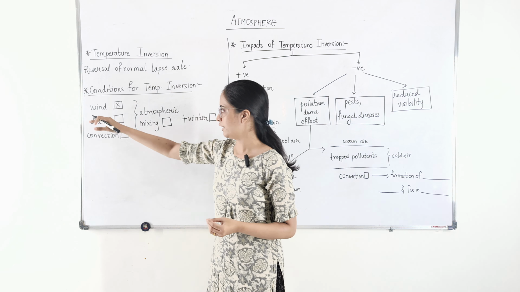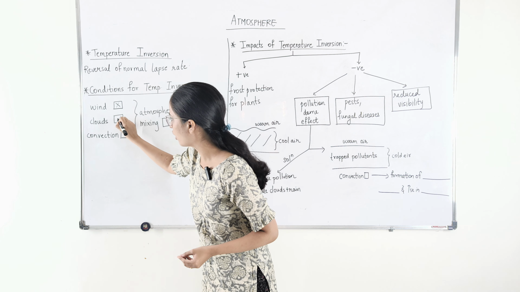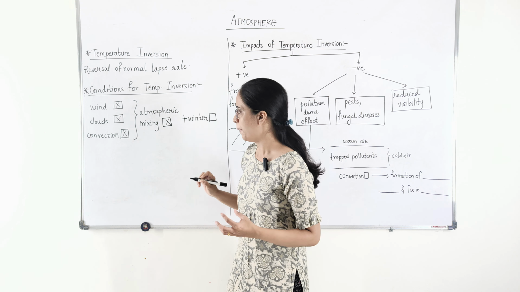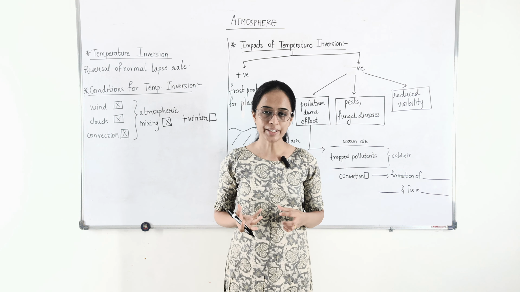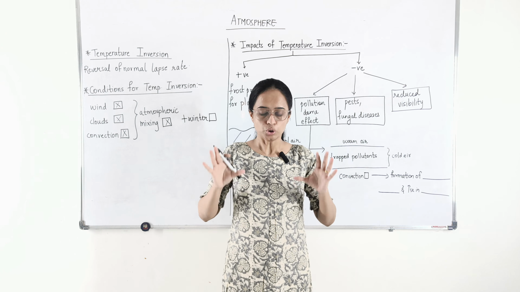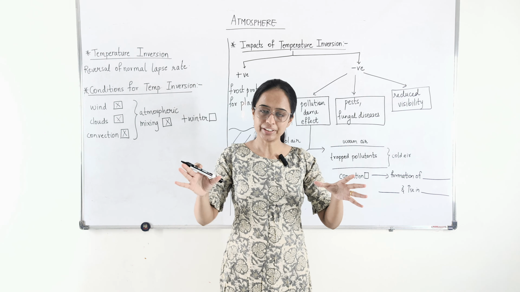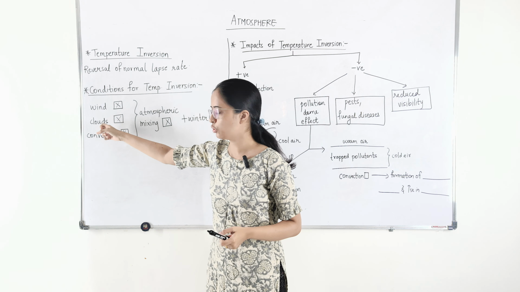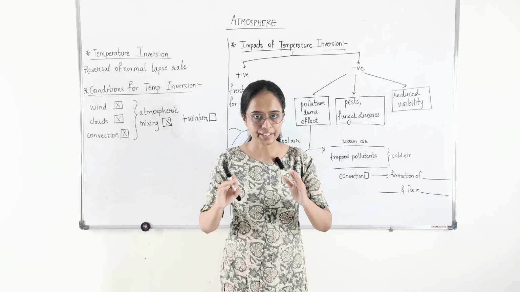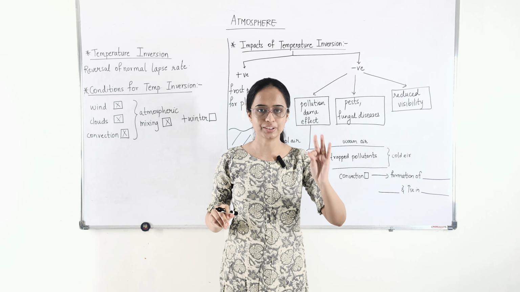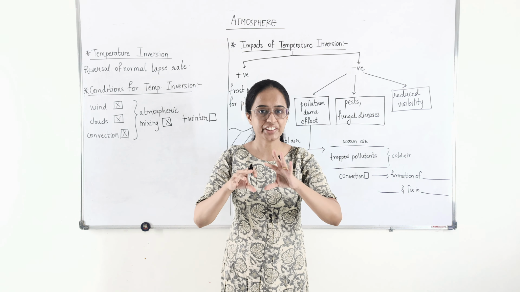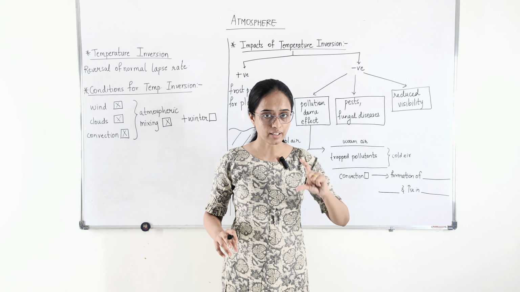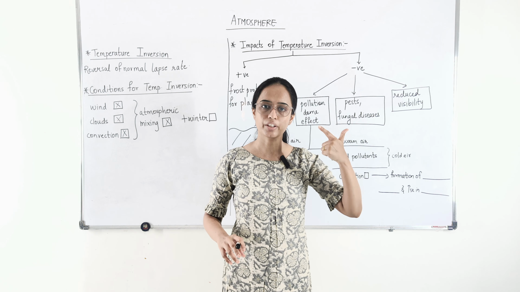Why is that so? See, when there is no wind, no clouds, and no convection, that would lead to no atmospheric mixing. If there is no atmospheric mixing, then basically wherever the air mass is, that air mass is going to stay there itself. For example, when I say there is no wind and no clouds, it means the conditions are very clear. There are no clouds, it means the conditions are clear. There are no winds, it means the conditions are calm. Whenever the wind is moving, the conditions are not calm. So here we need clear and calm conditions,